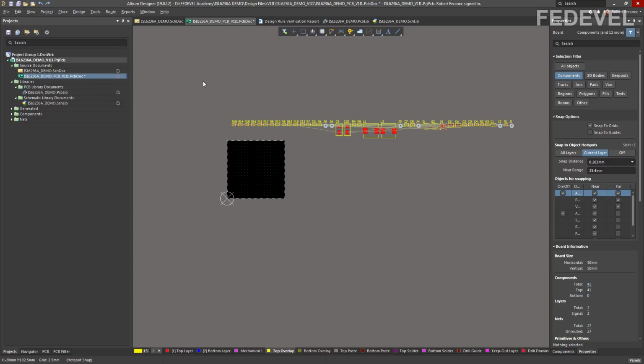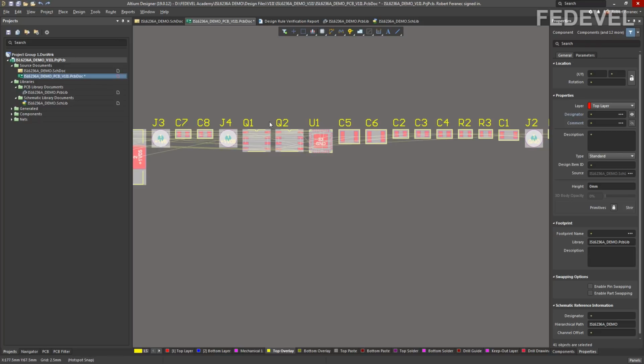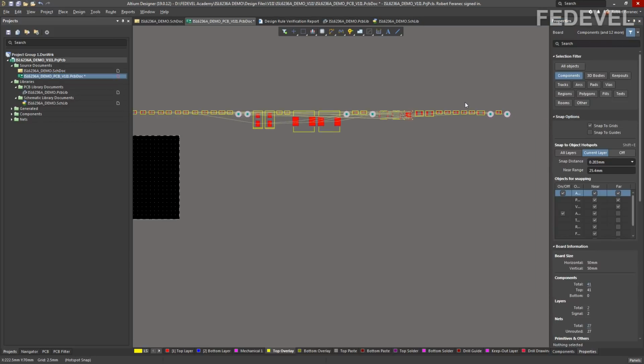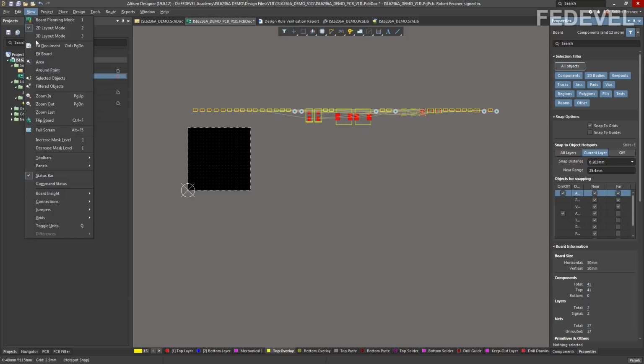press left button on your mouse, hold it down, select all the components, release the left button, and to hide designators, left click on this button which is here, okay? So hide designators, watch what is going to happen. Left click. Left click into empty space to unselect everything. Put selection filter back, left click on all objects, and perfect.